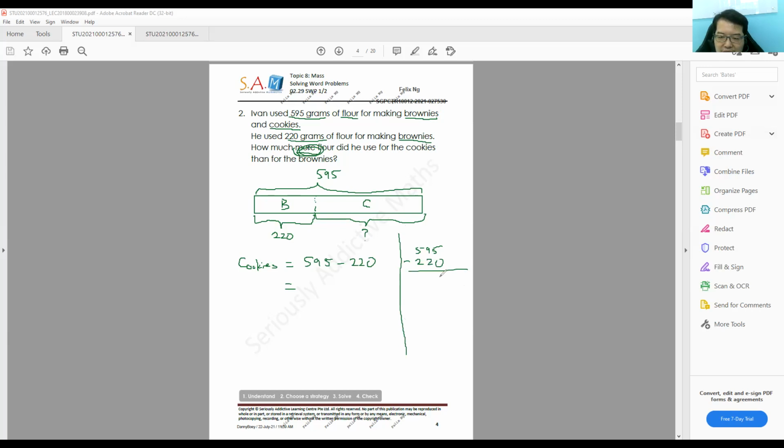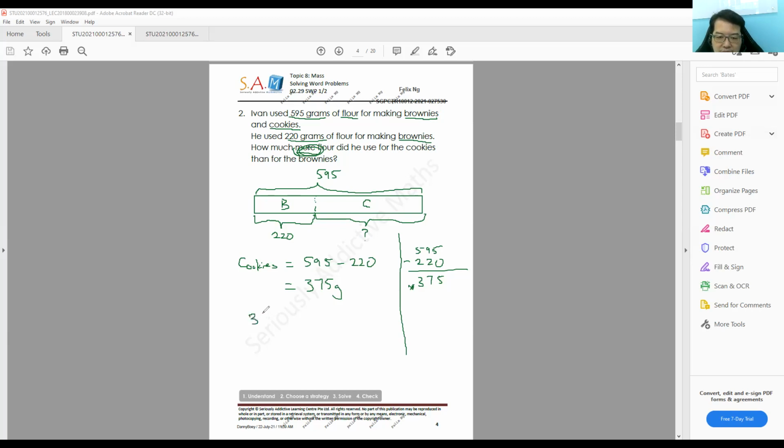So 5 ones minus 0 ones equals 5. 9 tenths minus 2 tenths equals 7 tenths. 5 hundredths minus 2 hundredths equals 3 hundredths. So cookies equals 375 grams. Have I answered the question? What is the question? The question is how much more flour did he use for the cookies than for the brownies? How much more flour did he use for cookies? So this is not done yet. We need one more step,